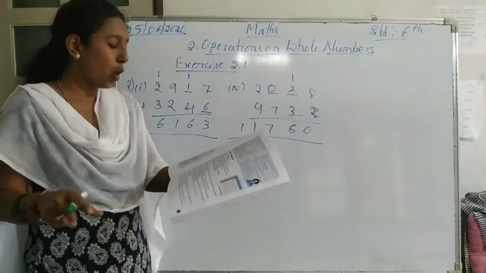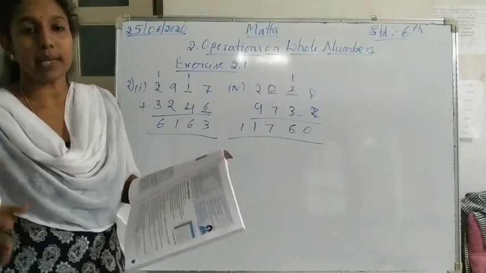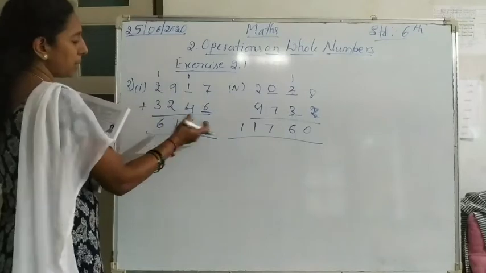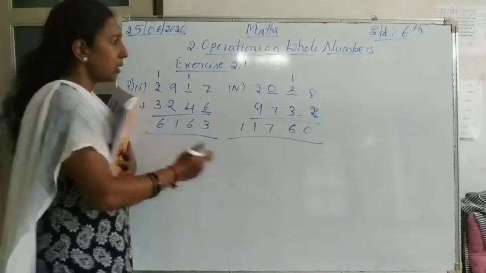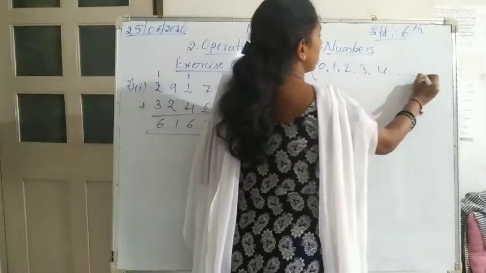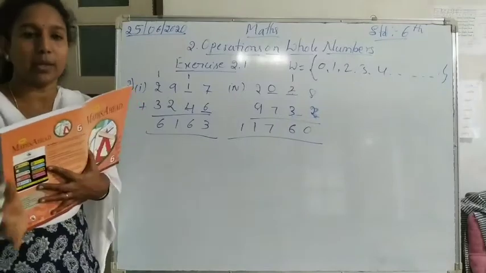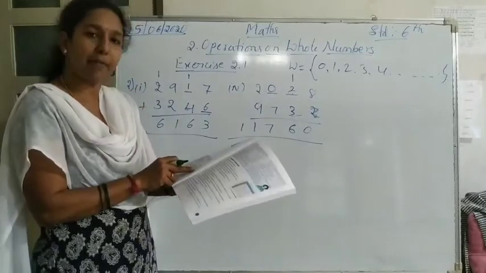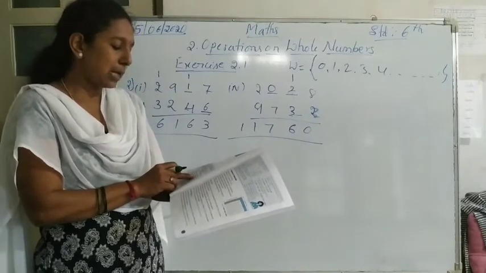Okay. If two whole numbers are added, the sum may or may not be a whole number. So as I said, for example, if I take these two, they are whole numbers only. If I add these two numbers, the answer is also a whole number. This is there in the set of whole numbers, isn't it? What is the whole number set? W is equal to 0, 1, 2, 3, 4, like this it will go on. So here it is not a may or may not, it is a whole number only. Okay. So it is a false statement. So write false and then correct the statement: if two whole numbers are added, the sum is also a whole number.